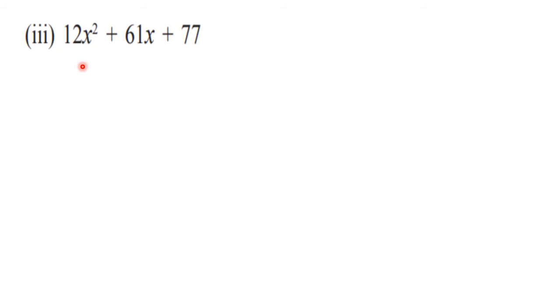So here we have to multiply the first and the last number, so you would write 12 into 77. But see, don't write equal to, don't write the multiplication, because the number 77 is quite big and you will get a very big product here. Then finding the factors will become difficult. That is why you don't write the equal to sign and you don't write that product. Instead, you write factors of 12 as 3 into 4 and factors of 77 as 11 into 7.